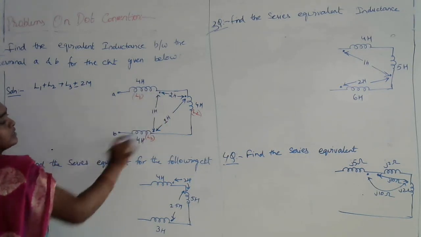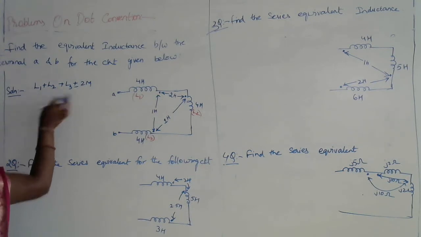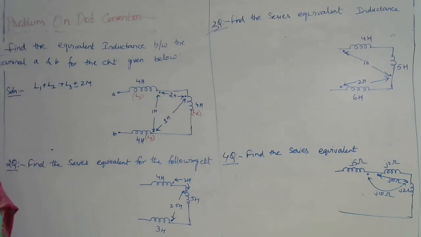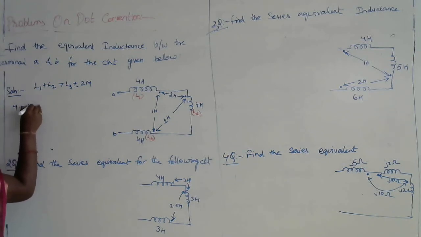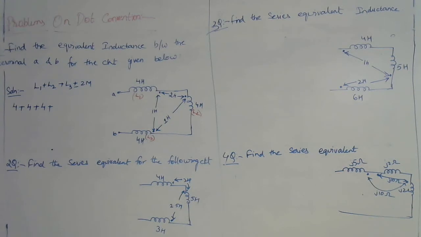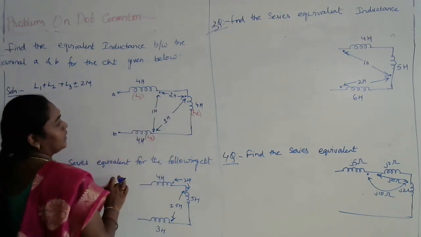As it consists of three inductances, those three are L1, L2 and L3, and all three have the same value, 4 Henrys. The first step is I write L1 value 4 plus L2 value 4 plus L3 value 4. Whenever we are writing self-inductances, just write down the values of those inductances directly. Now coming to this, here we have three mutual inductances.